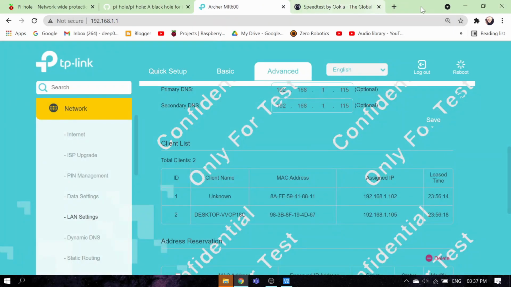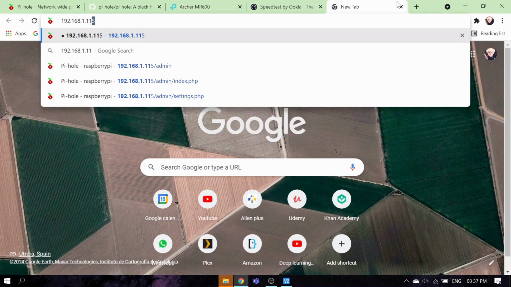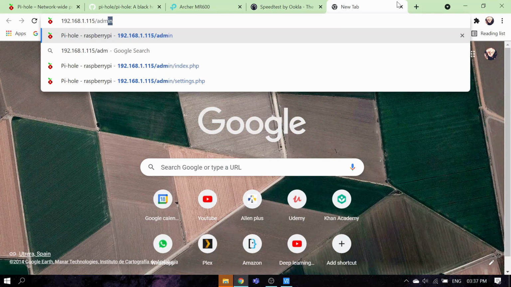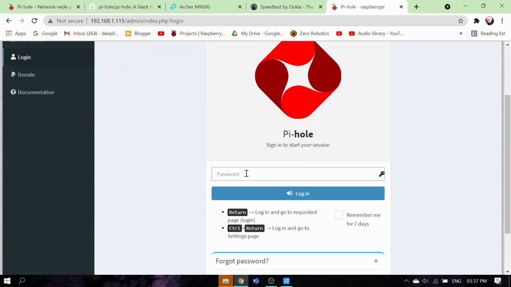Now I will show you the admin page quickly. The IP address of your Raspberry Pi /admin. There you go. This is the admin page. Now for more details you have to log in. So the password that we had created on our Raspberry Pi, we'll enter that,